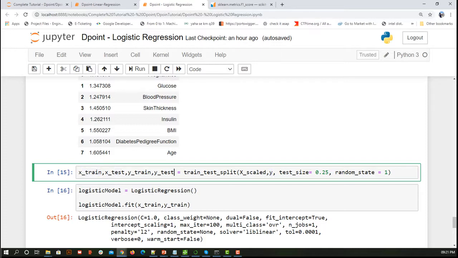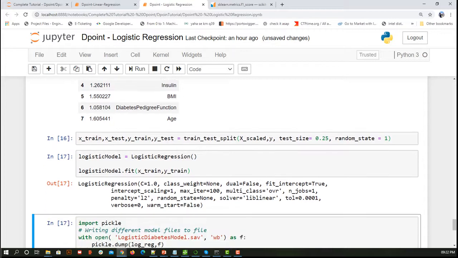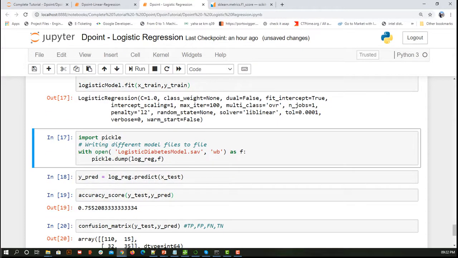For training I am going to use x train as my input and y train as my output. Similarly, for predicting I am going to use my x test, out of which I get my predicted value, and I compare that predicted value with y test to identify what percentage of accuracy, whether it is correctly classified or not. So that's how I distributed it, and now I am getting an instance of logistic regression, and with fit I am simply triggering the learning process. Once this is done, I am saving this model.